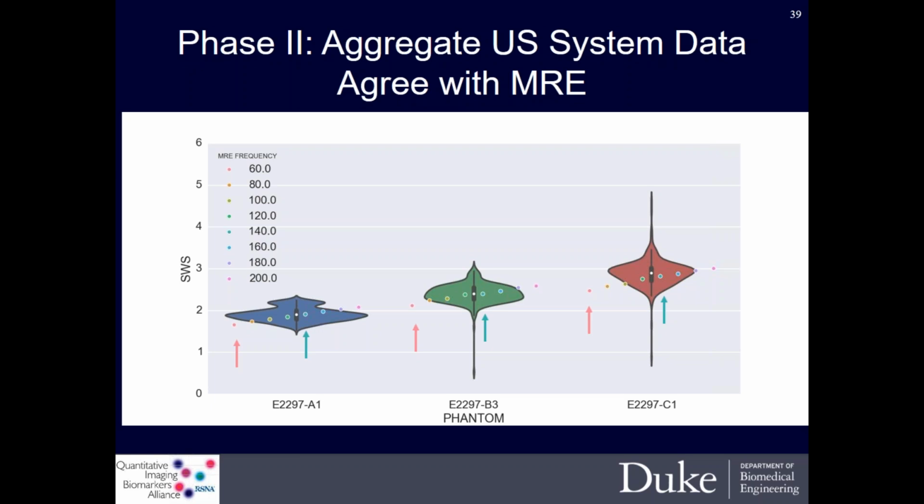That means that we expect an upward trend with increasing frequency, and we see that very clearly in the MRE data. The two different colored arrows there, the pink and the cyan: pink is showing again what a clinical MRE system would measure, or potentially the frequency more close to what a FibroScan would measure. 140 is closer to the centroid of each of the violin distributions of the ultrasound systems, and you can see how there is that upward bias between the 60 and the 140 hertz.